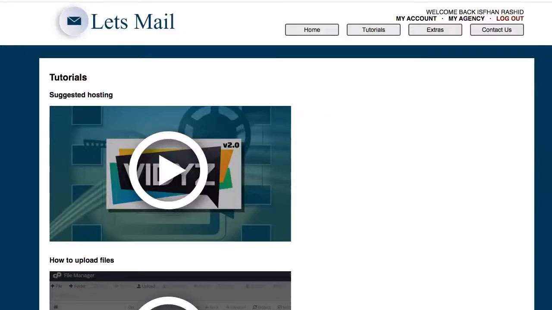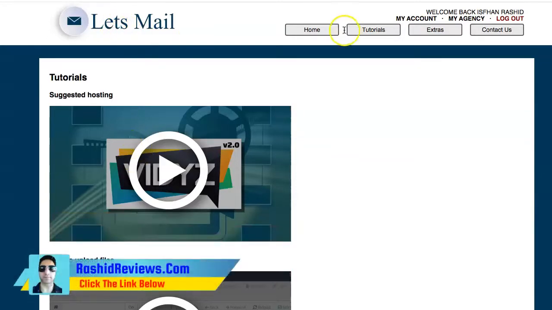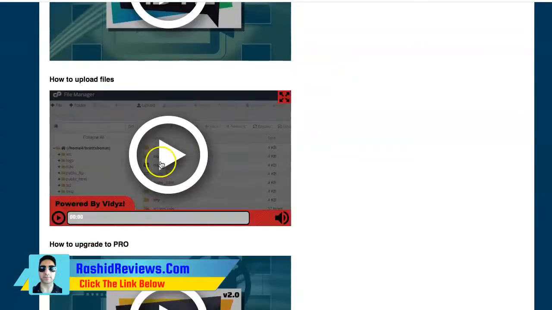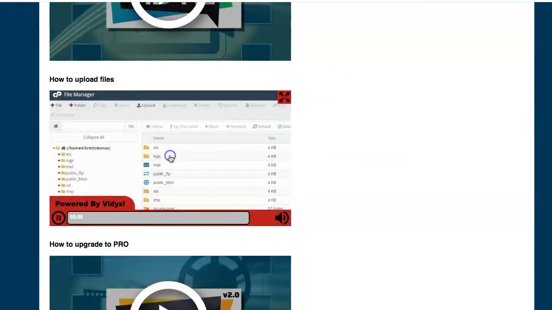Okay, this is Letsmail now. Once you've purchased it, you should come to an area like this. I think this is the tutorial section. Go to the home section, but the best thing is first go to the tutorial section, as I'm pointing with the cursor there. And watch the middle video. You can watch all the videos, but the middle video basically explains how to get into your file manager